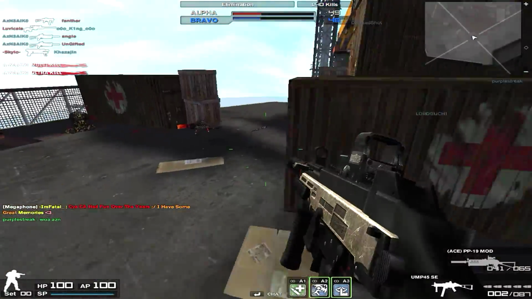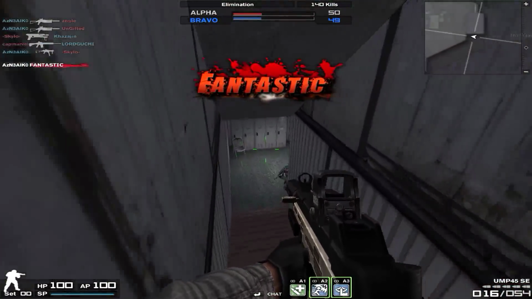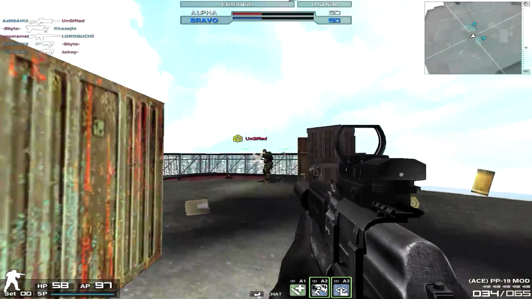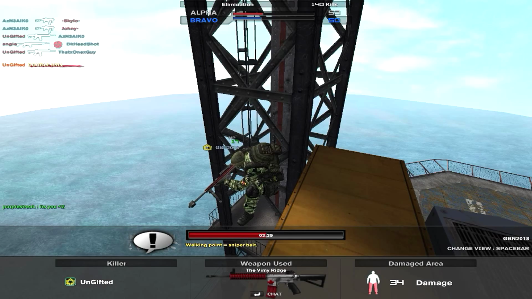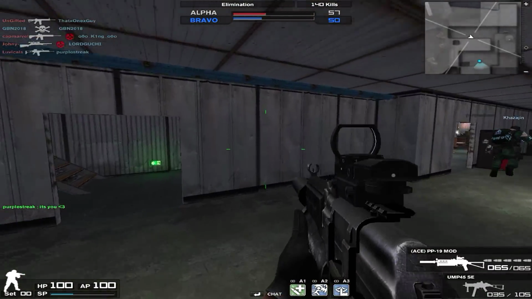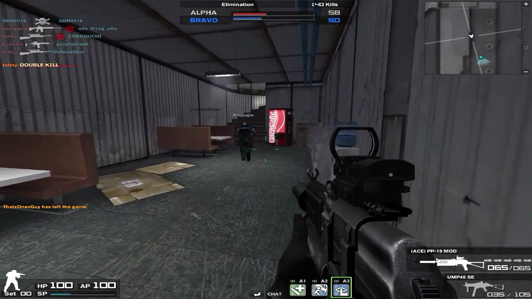These two submachine guns put together, it's not really fair. Not really trying too hard. I say that sort of to impress my viewers, but at the same time, I'm actually telling the truth. It's not that hard to get kills with these things. Well, the PP-19 is another story entirely, because this submachine gun is...